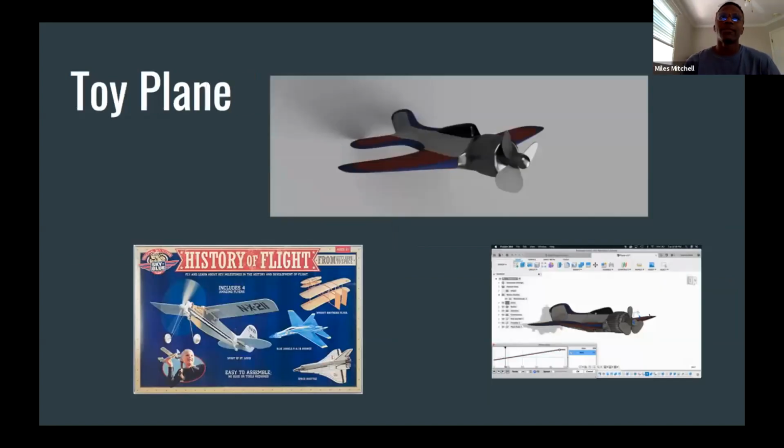So next we have the toy plane. This is a different portion of Fusion. It's called mesh modeling. For those that don't know, mesh modeling is a structural build of a 3D model consisting of polygons. A mesh model consists of vertices, edges, and faces that use the polygonal representation, such as triangles or quadrilaterals, to